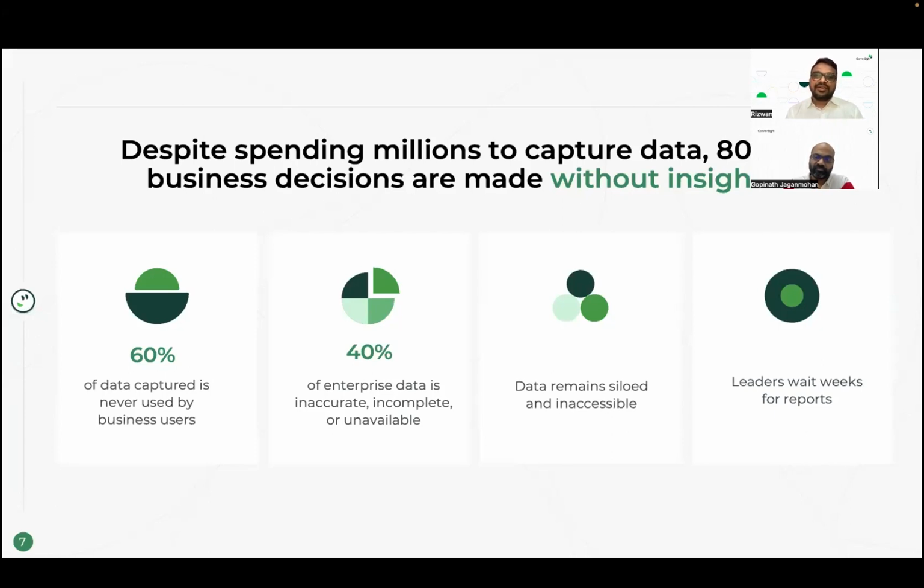That's where decisions are made without data, and when they are reliant on multiple different teams to fetch all that data, it becomes much more challenging.